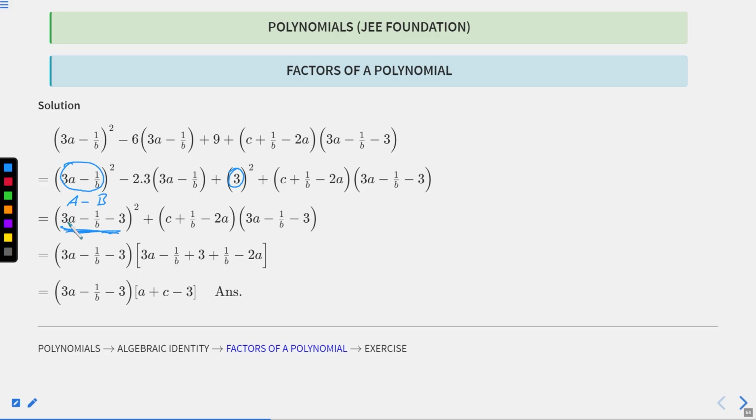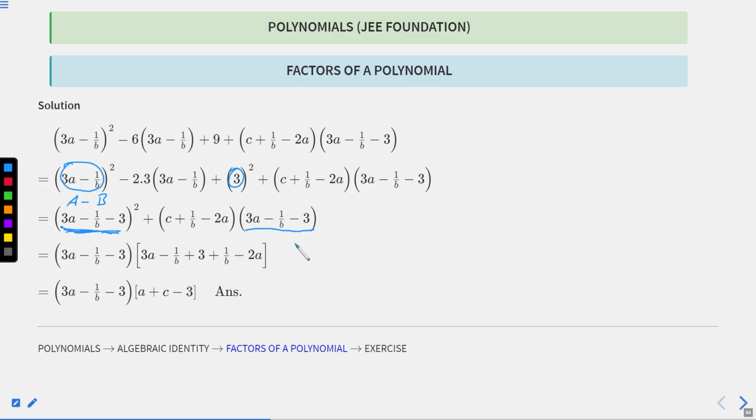Now what? Now 3a minus 1 by b minus 3. Okay. Now 3a minus 1 by b minus 3 is also present over here. So take the common term out. So inside we will only be left with 3a minus 1 by b minus 3. Okay, 3a minus 1 by b minus, so this will be our minus, so plus 1 by b because of